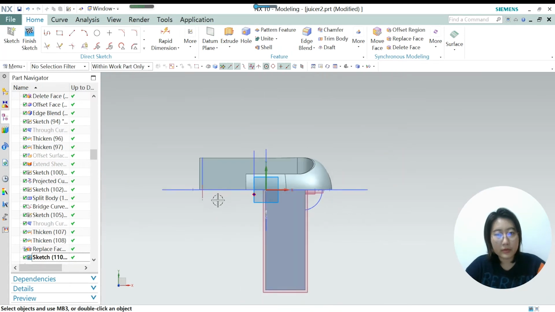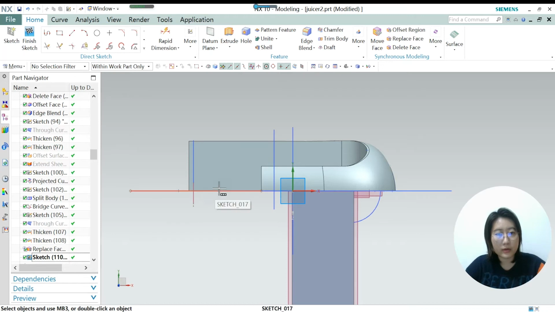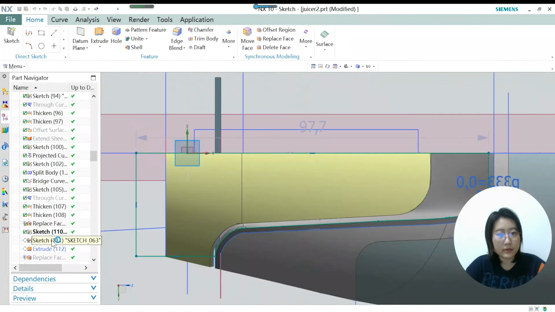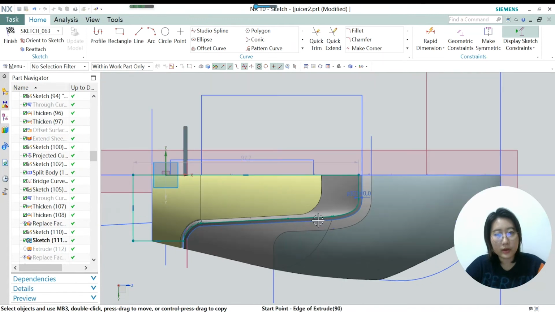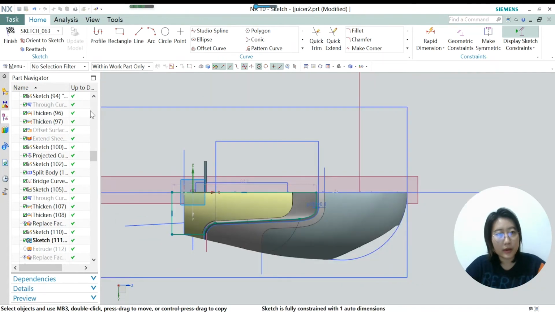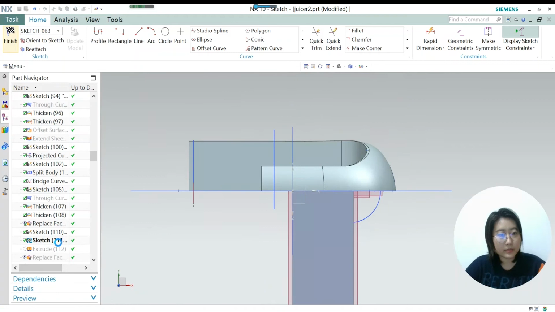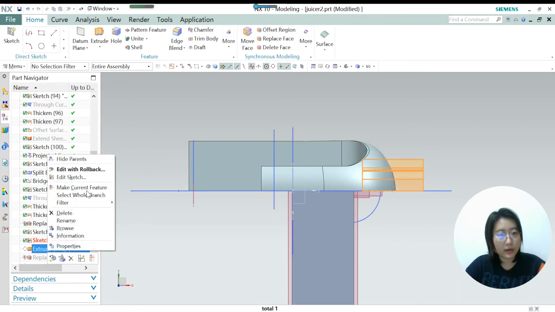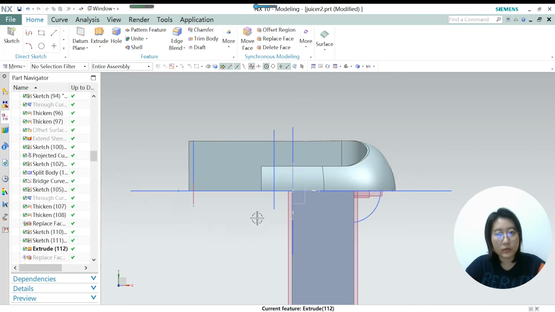Seems nothing happens here. Maybe I just created it in the history and it can't do anything helpful for the whole model. So let's just finish the sketch and jump into sketch 111. So in 111, in this plane, I just create a kind of 2D sketch here. So in Extrude 112,